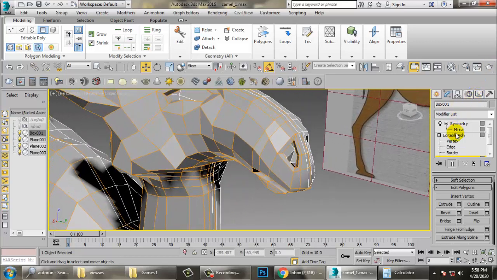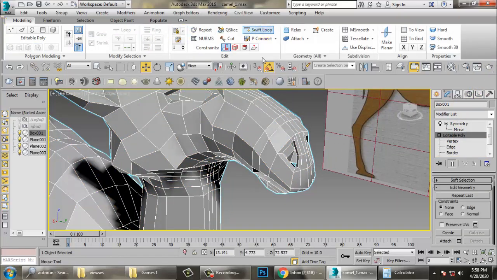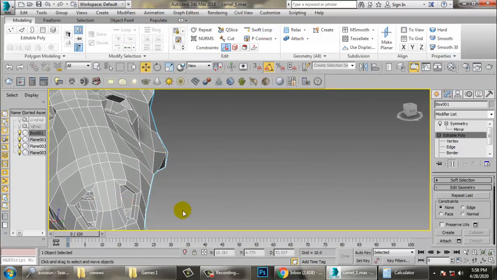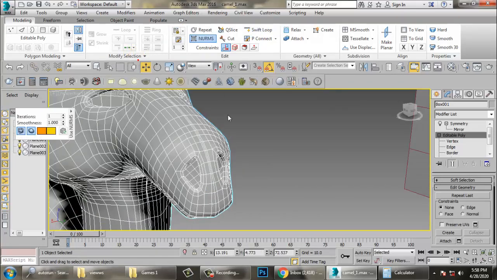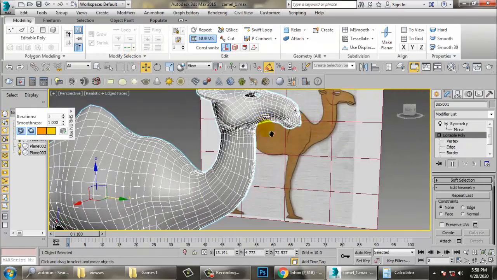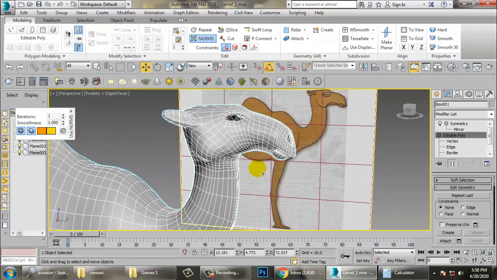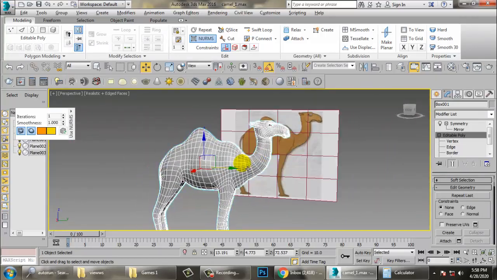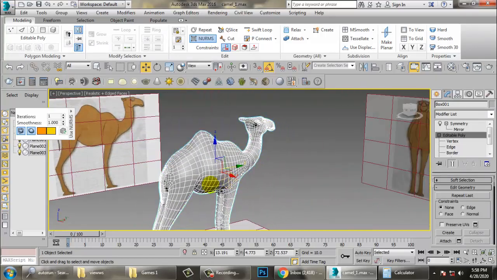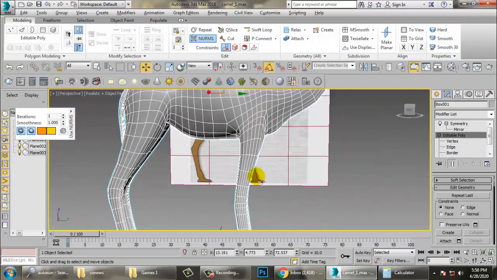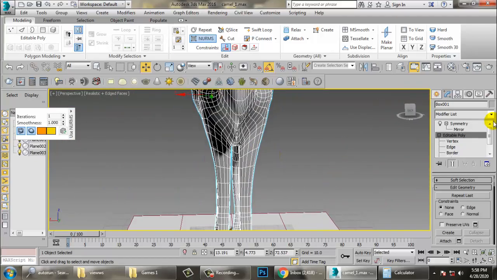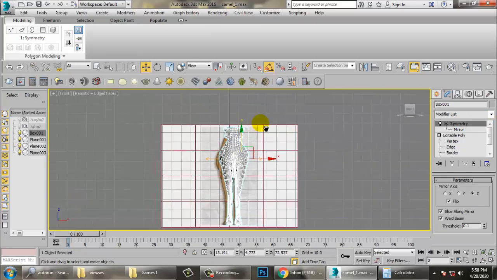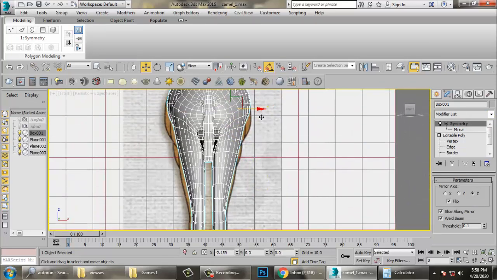So again I will go into this, I'll put one loop over here also and make it this way. So it's very close. If you see the legs over here, very close.